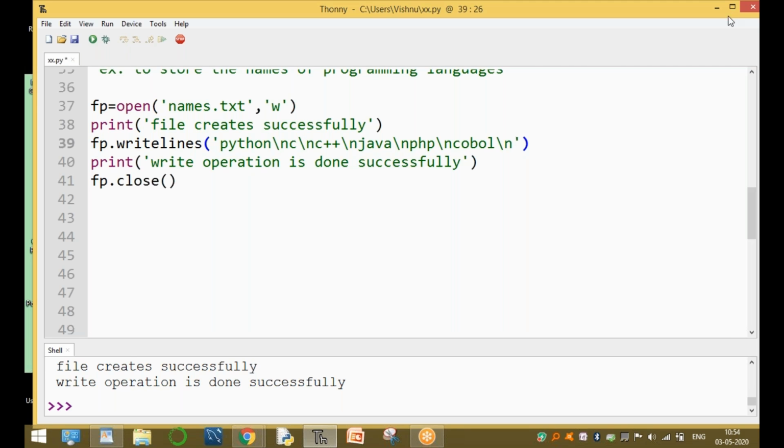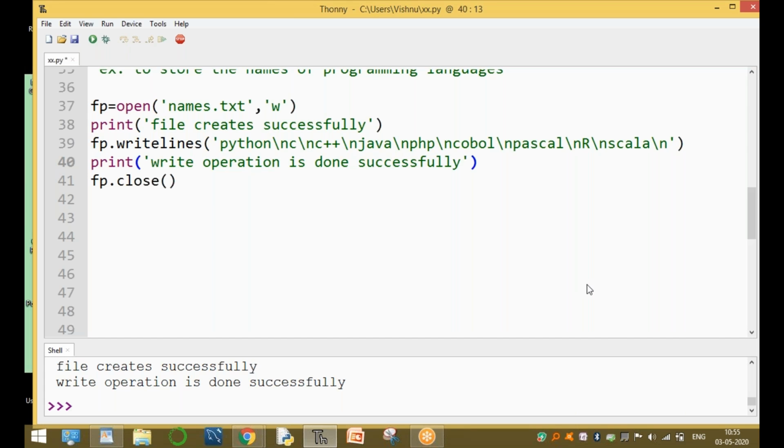Clear? For example, if you want to store one more value, Pascal /n, R language /n, Scala language /n. Okay, so write operation is done successfully.